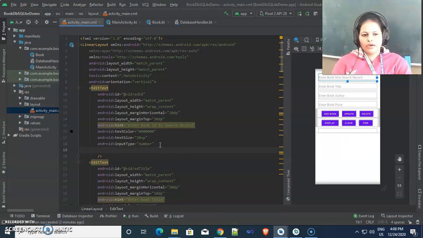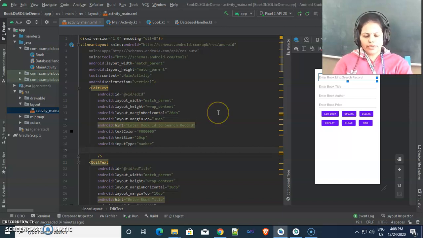Also, only when we want to search is this ID label required, otherwise it is not needed. For adding a new record, there is no need to give the ID value, so you may disable or enable it according to your requirement and functionality.